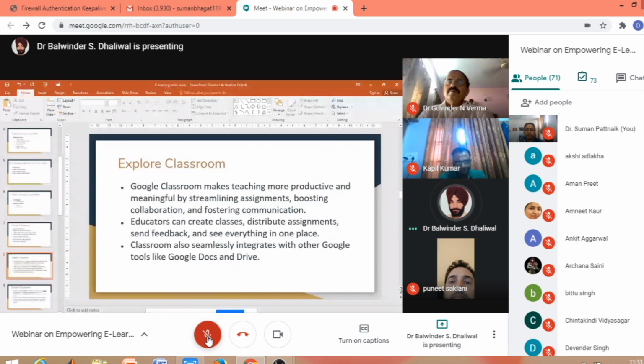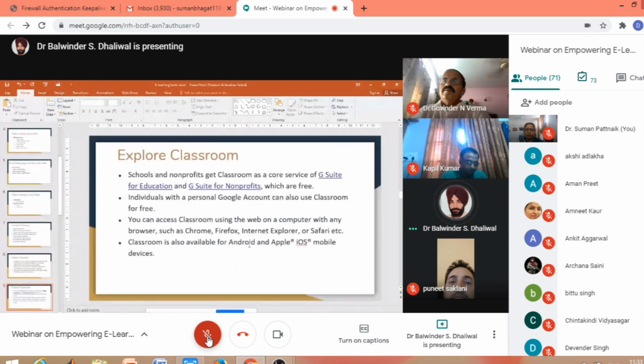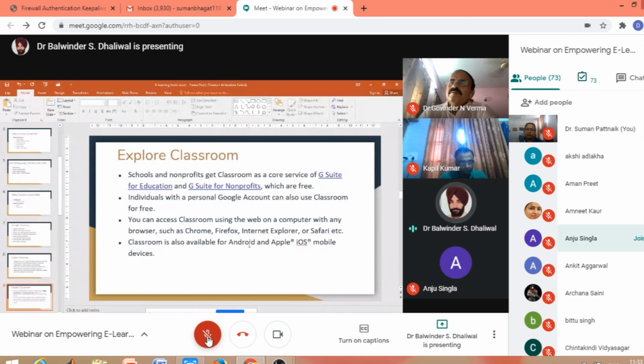So if we further talk of Google Classroom, there are different options which we can explore. If we want to officially use Google Classroom with our students, then we need to sign up for G Suite for Education, G Suite for Non-profits, or G Suite for Organizations. So there are different options. We need to sign up for the appropriate option with Google, then we can officially use this particular tool along with our